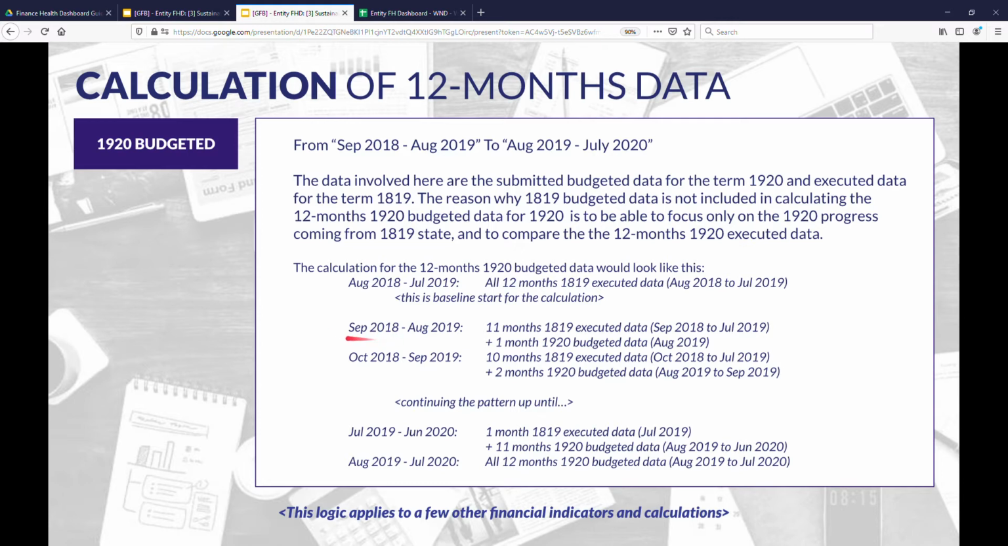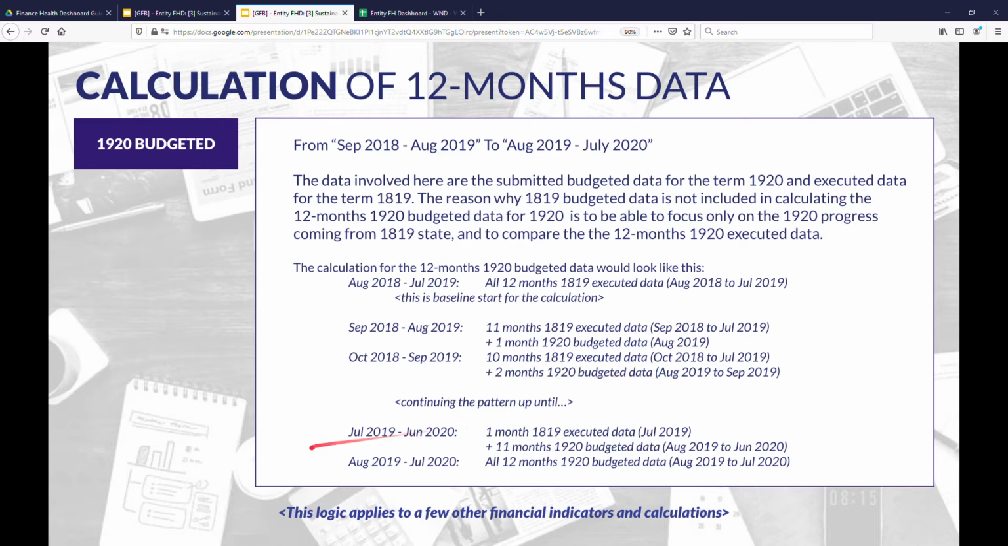Then September 2018 to August 2019, meaning the first month of 1920, is 11 months of 1819 executed data, which is September to July, plus 1 month of 1920 budgeted data. Then October 2018 to September 2019 means 10 months of 1819 executed plus 2 months of 1920 budgeted, and then the